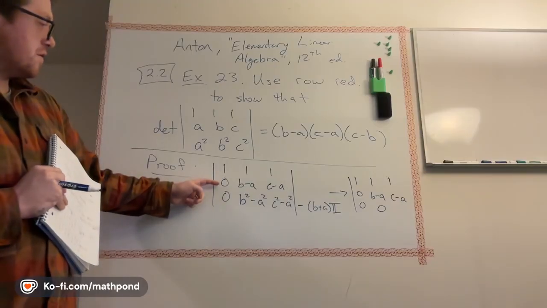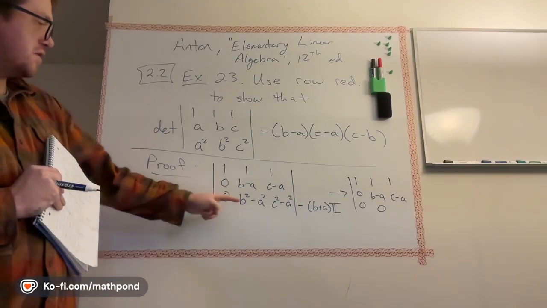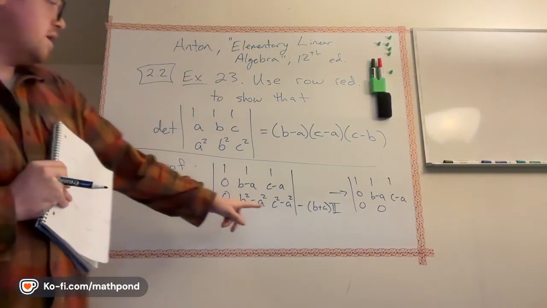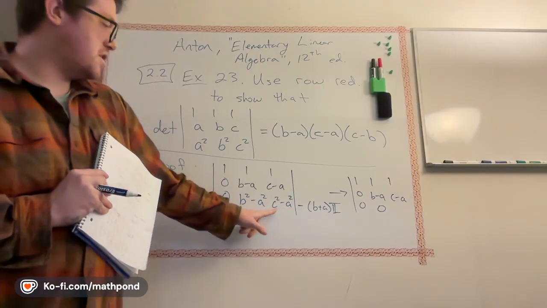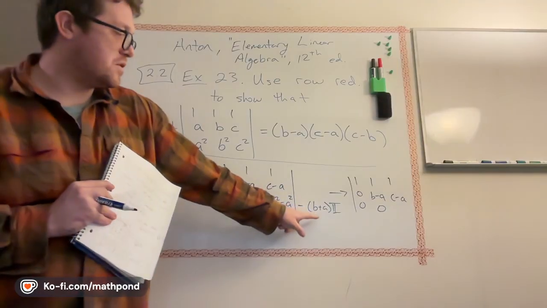So we subtracted A times the first row to get these two zeros. Then we subtracted A squared times the first row to get this 0. So we got A squared. Yeah. Subtract A squared. Okay. I'm good. Right. So here's the part where we need to, yeah. So it's C squared minus A squared minus the quantity C minus A times B plus A.